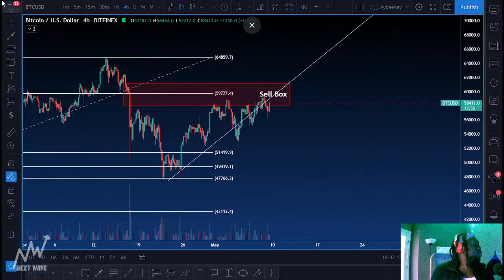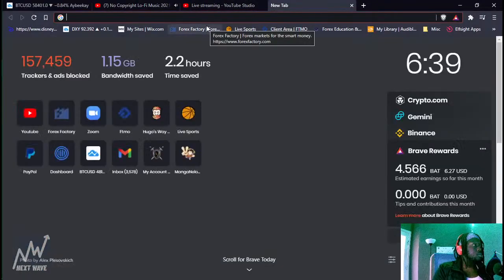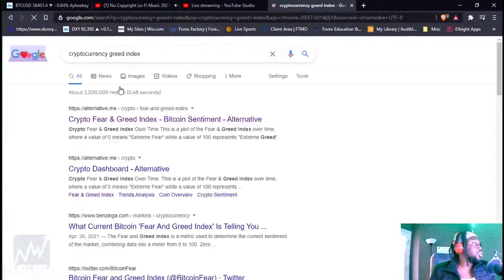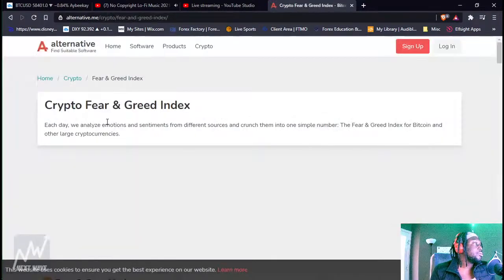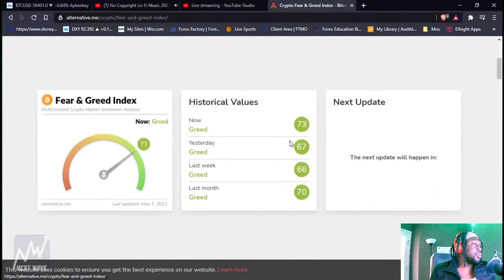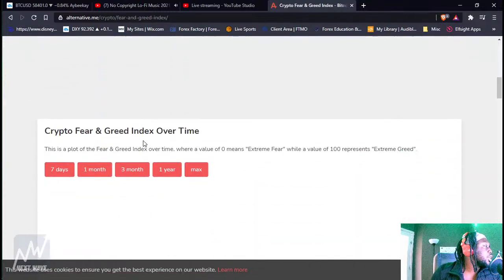In fact, let's go to the greed and fear index. Okay. Greed 73. It's been higher. It's higher than what it was last month, last week, and yesterday. So guys, if you are in any of these cryptocurrency buys, you might want to start looking to take partial profits, because